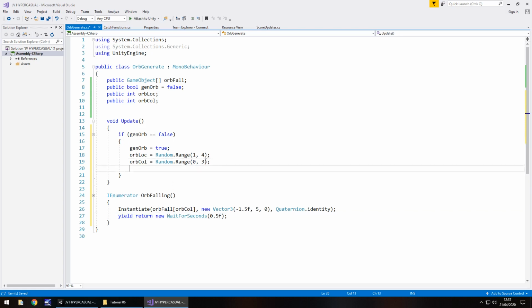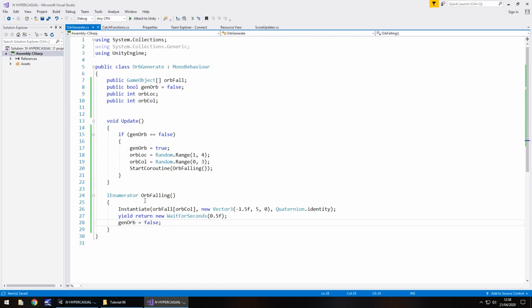So inside this if statement up here, StartCoroutine, and in brackets, OrbFalling, close bracket, semicolon. And down here, let's now place gen orb as true. No, false, isn't it? Because we finished now. So false, and save.